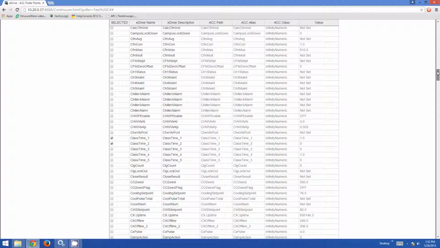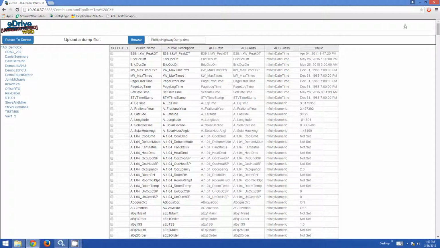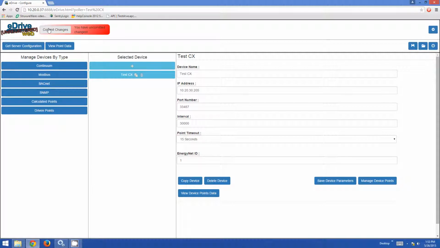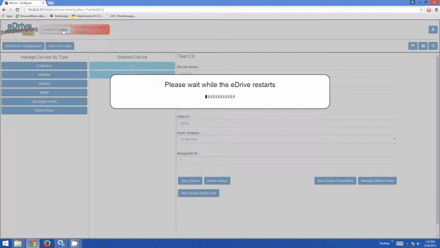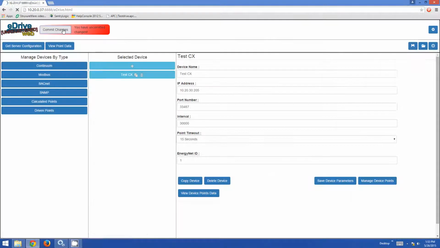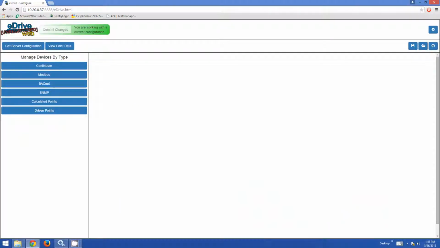Once I've selected those points with a checkbox, I'm going to scroll back up to the top, click Return to Device, and now I can see that my icon up here has gone back to red. So I'm going to go ahead and commit those changes to eDriveWeb. Now those changes can be committed. It may take a few seconds for eDriveWeb to pull those points, but to check the status, I can go